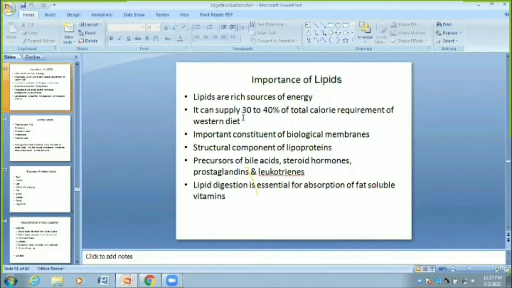Why? Because lipids are costly items. Meat and foods of animal origin are costly items. Common people cannot afford it. Is it clear? That's why in a mass they supply less energy. In Western countries, it can supply up to 40%, and in countries like ours, it supplies about 20 to 25%